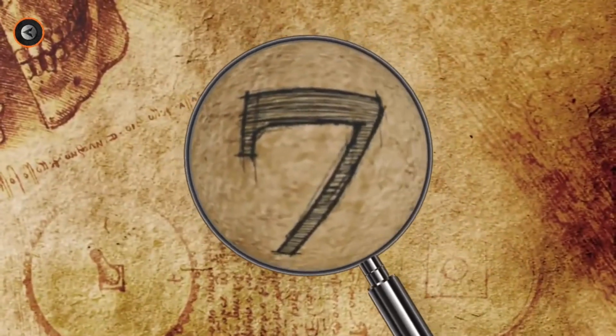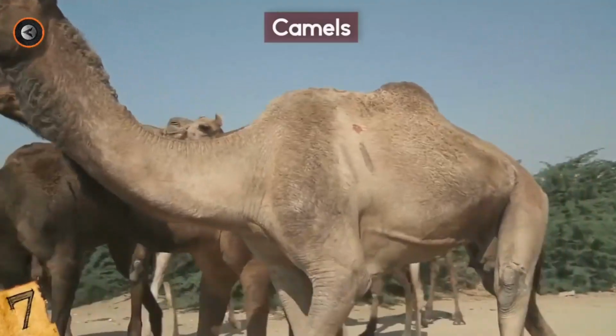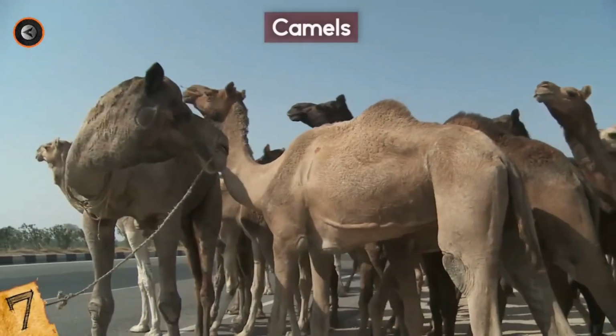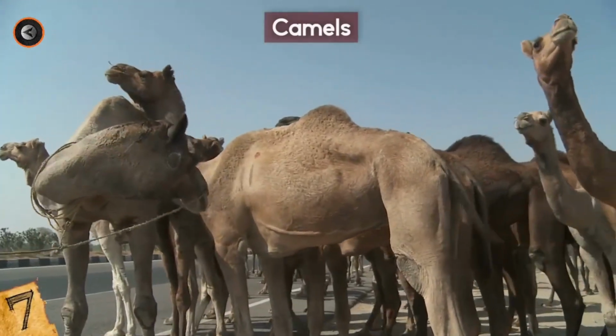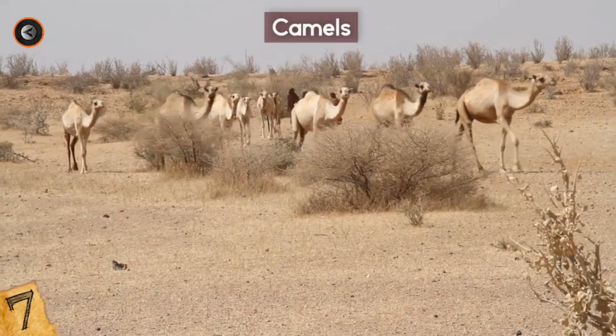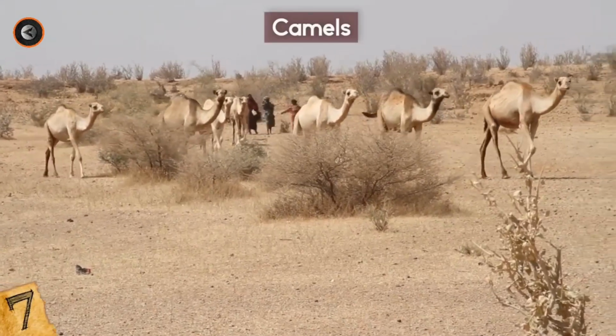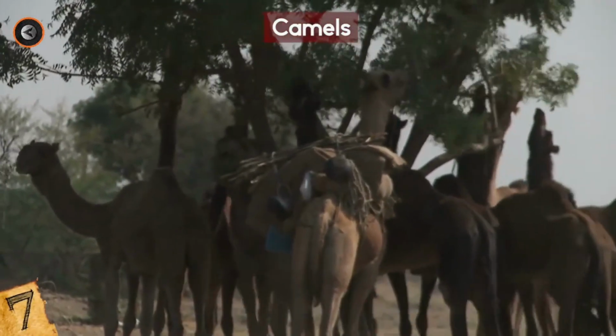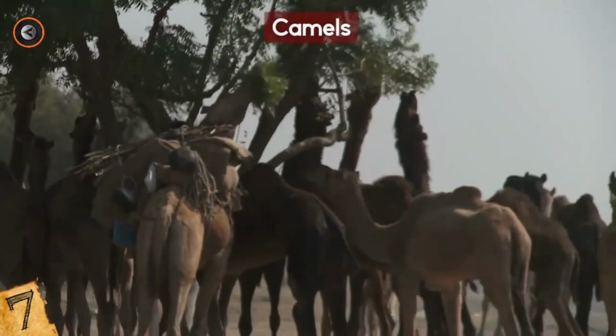Number 7. Camels. Most people would never think of camels in the United States, but up until the end of the Civil War, camels were a huge part of the U.S. military. While the use of camels has died down, they are still used in desert regions around the world. They have always been valued in the military due to their ability to handle long marches with little water and